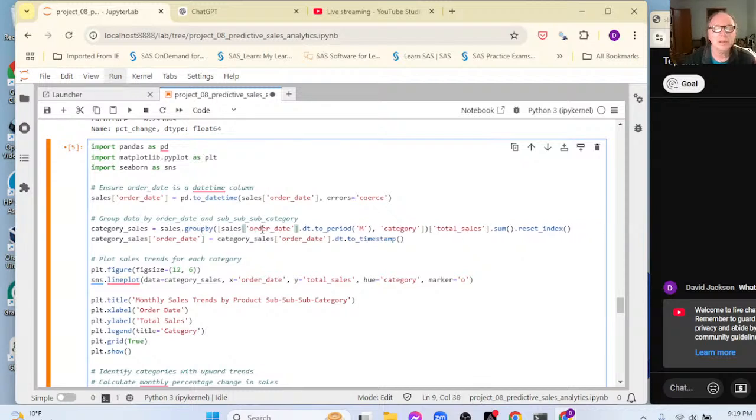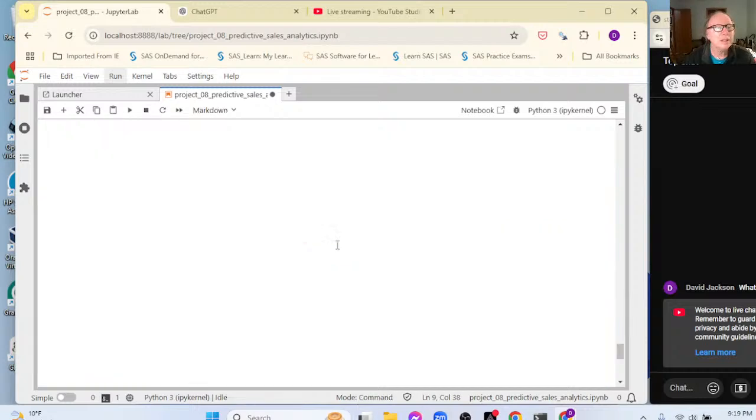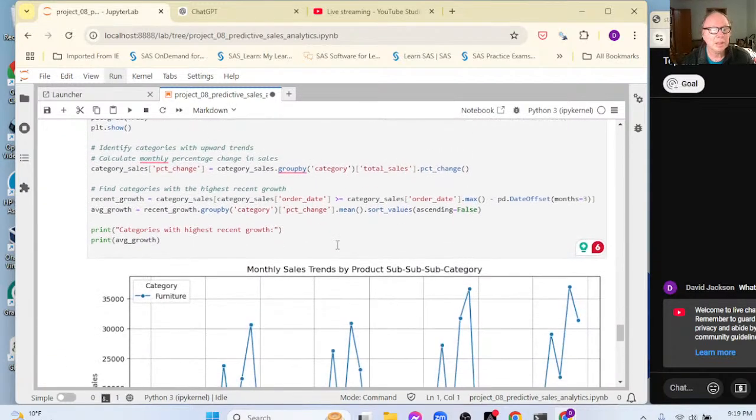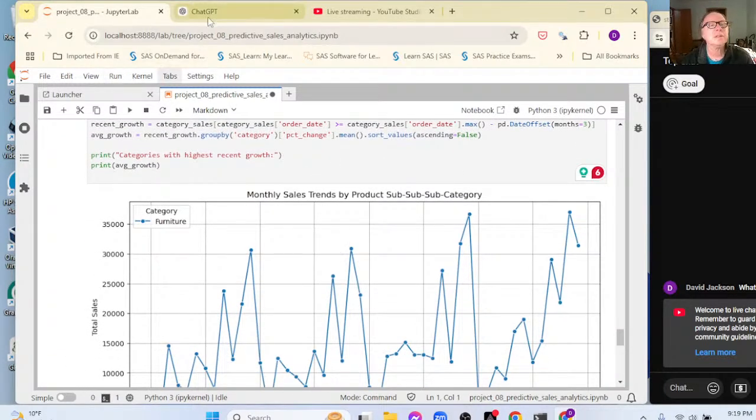So it's kind of interesting. I don't know if they made some changes or what, but it isn't working right. It says category, but it's still using